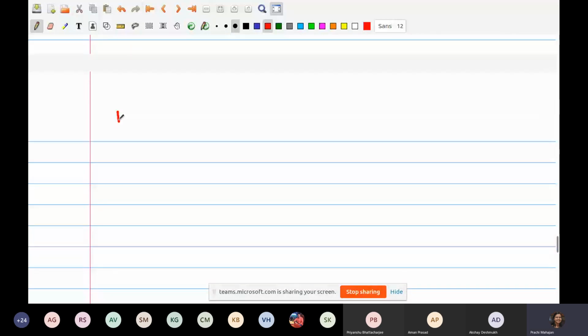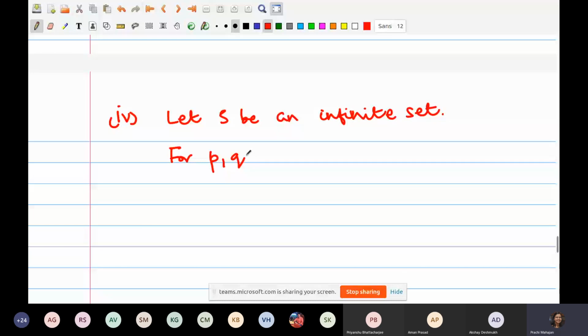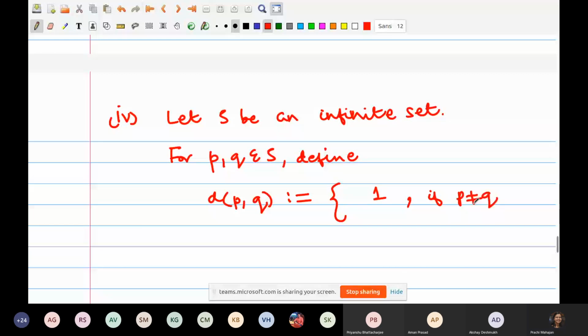So let S be an infinite set. Any arbitrary infinite set, something which is not finite. Okay. So for elements P and Q in this set, I am going to consider the following thing. I am going to define the distance between P and Q to be 1 if P is different from Q, and 0 if P is